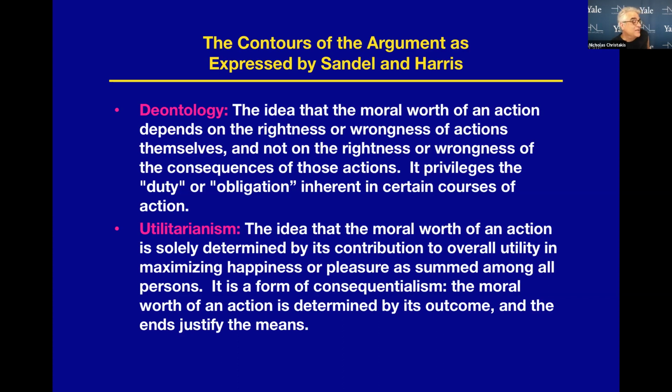Utilitarianism, on the other hand, is the idea that the moral worth of an action is solely determined by its contribution to overall utility in maximizing happiness or pleasure as summed among all persons. It is a form of consequentialism. The moral worth of an action is determined by its outcome, and the ends justify the means. This is what Sandel and Harris are essentially arguing about. And Sandel, and you should do the reading if you haven't,